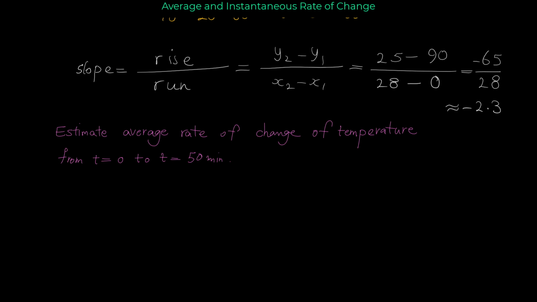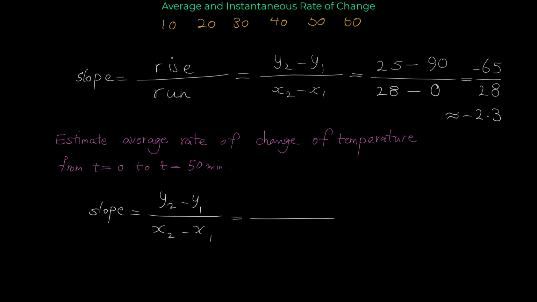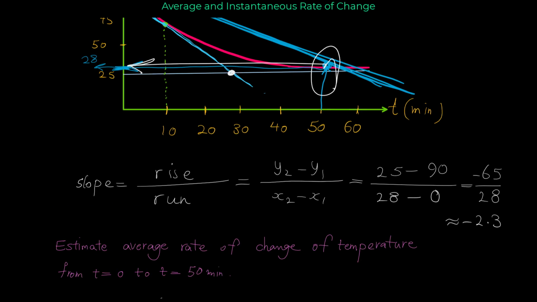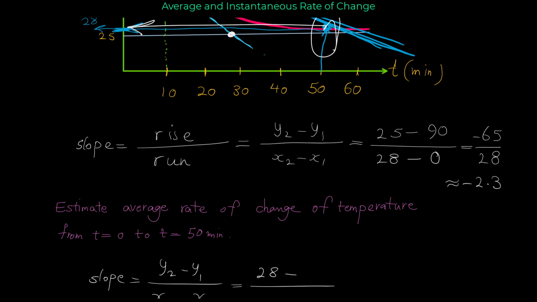The slope of the secant line, or average rate of temperature from 0 to 50 minutes, is slope equals, again, rise over run, y2 minus y1 over x2 minus x1. y2, if we consider this point as the second point, is 28 minus y1, the temperature value for the first point is 110,